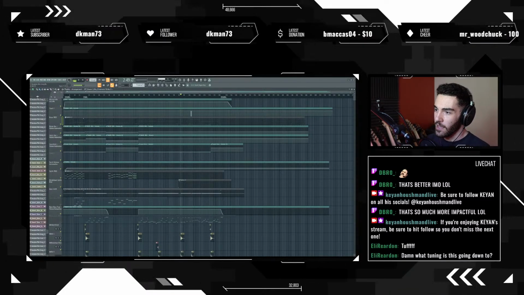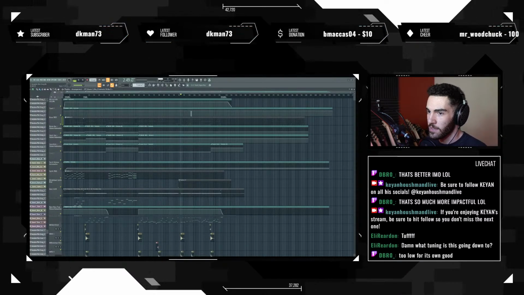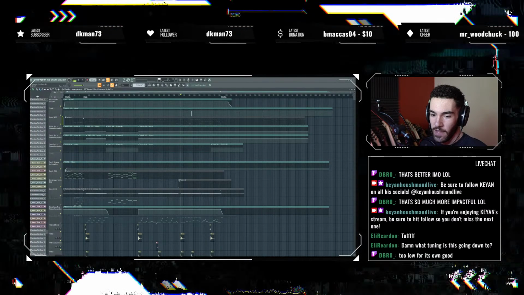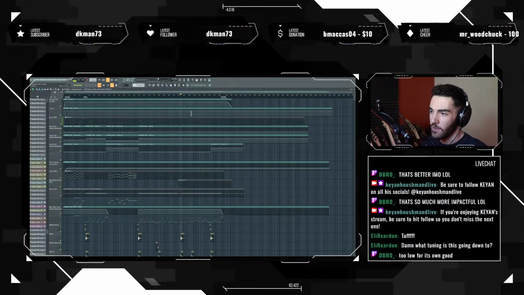Eli, the tuning on that section is C sharp, double C sharp, I think, because I'm in A flat, and then I go down seven or five. No, I think it's 5 semitones. I can't even remember.